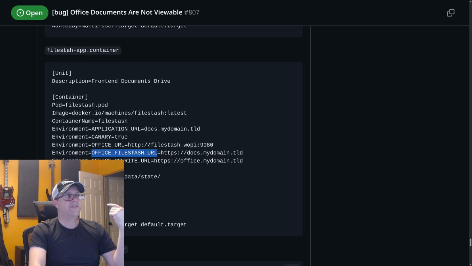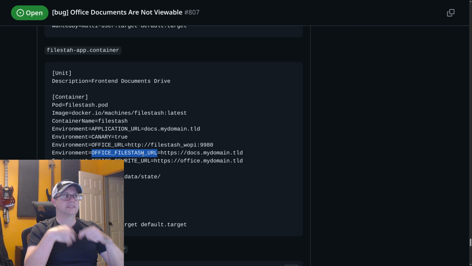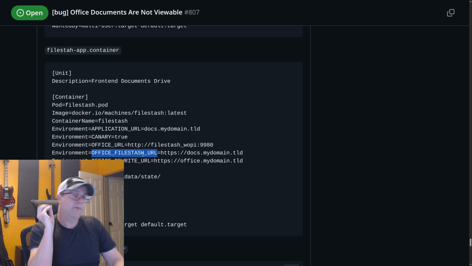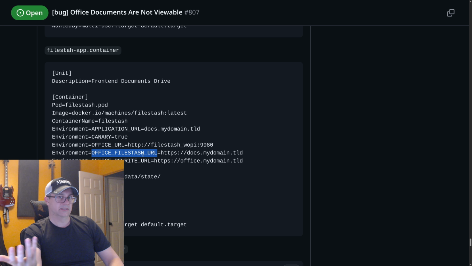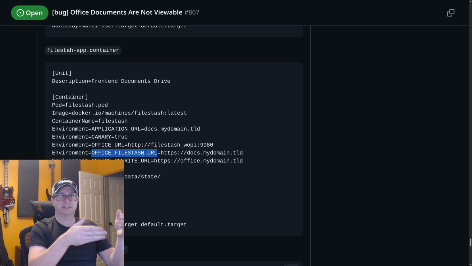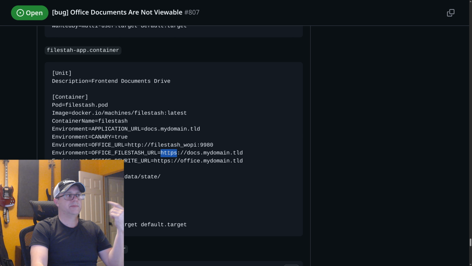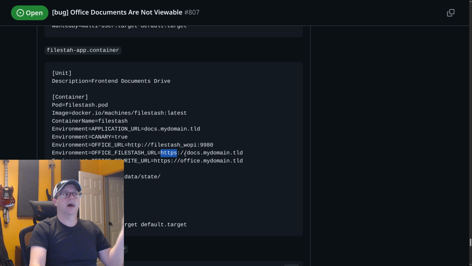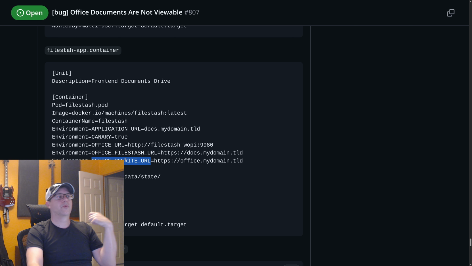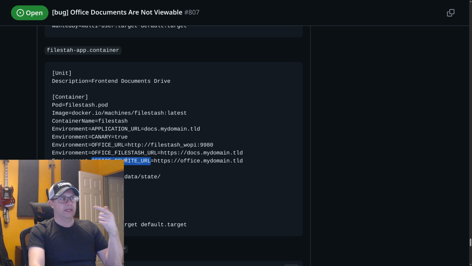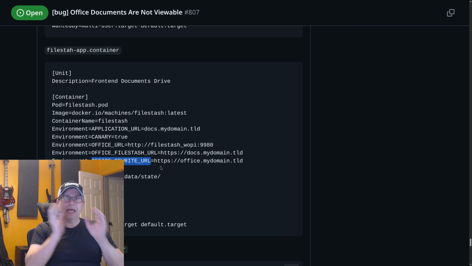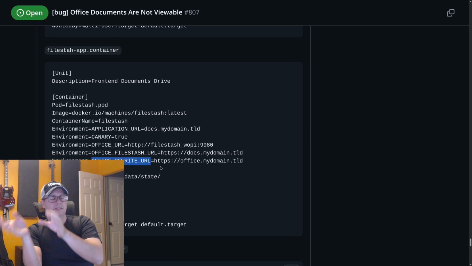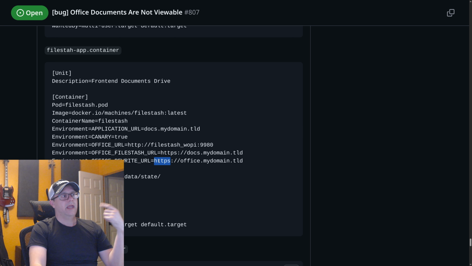Then the office Filestash URL needs to be the domain name where Filestash is, like filestash.yourmom.com. You can see it needs to be HTTPS://, again something like filestash.yourmom.com. And then we need the rewrite URL. This is going to be your Collabora domain, so it would be https://